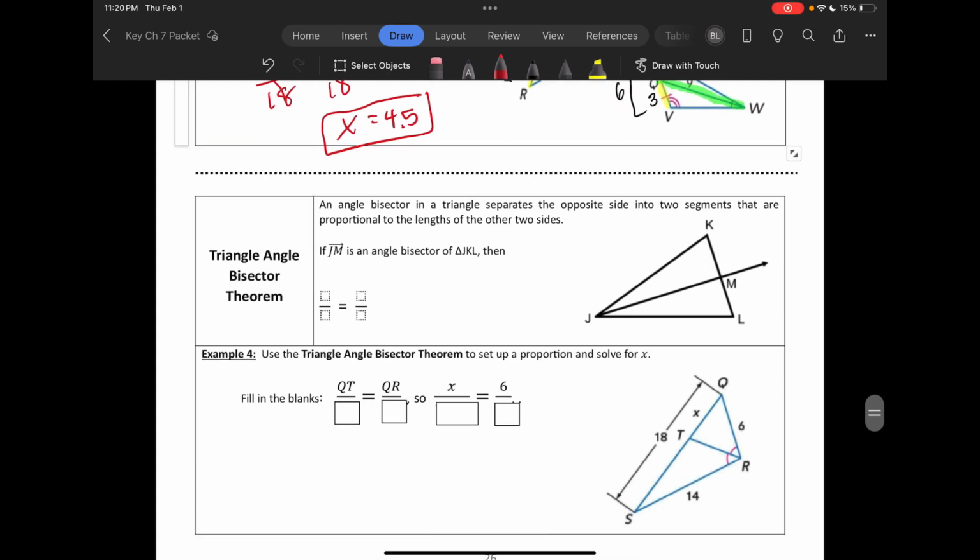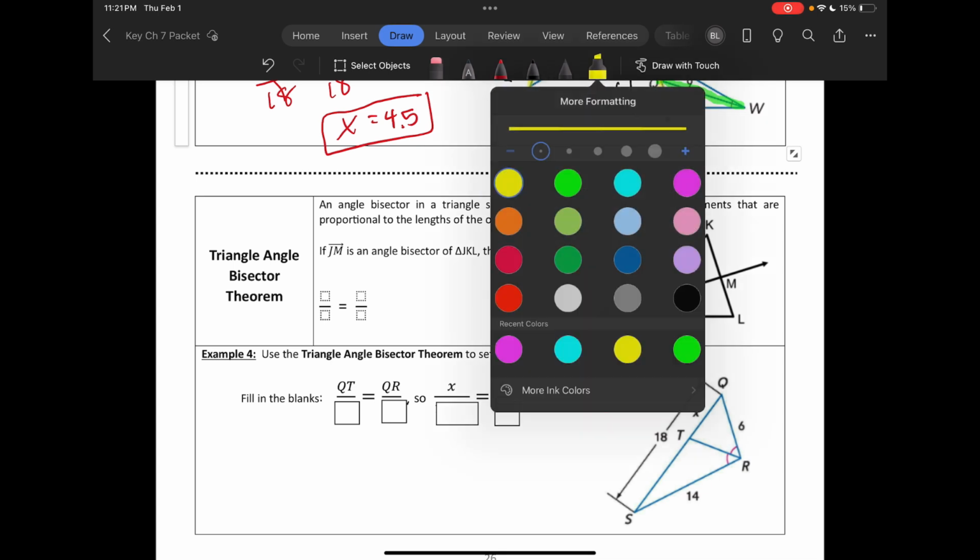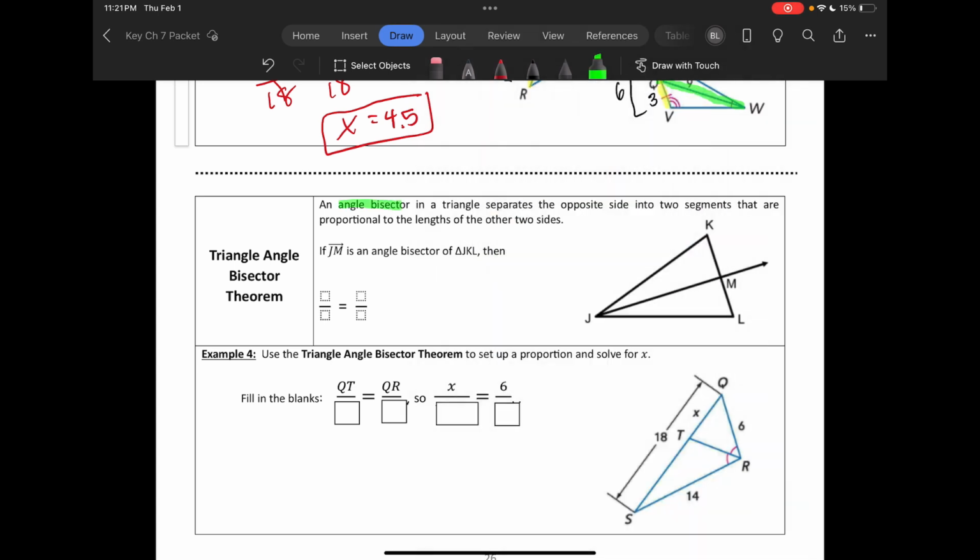What we're going to look at here is the triangle angle bisector theorem. This is pretty much more or less stating something similar that we've already looked at with angle bisectors. So the triangle angle bisector theorem states that if an angle bisector in a triangle separates the opposite sides into two segments. So for context here, here is our angle bisector in green. What it's saying is if it separates the opposite side, which is KL, into two segments, here are the two segments KM and ML,